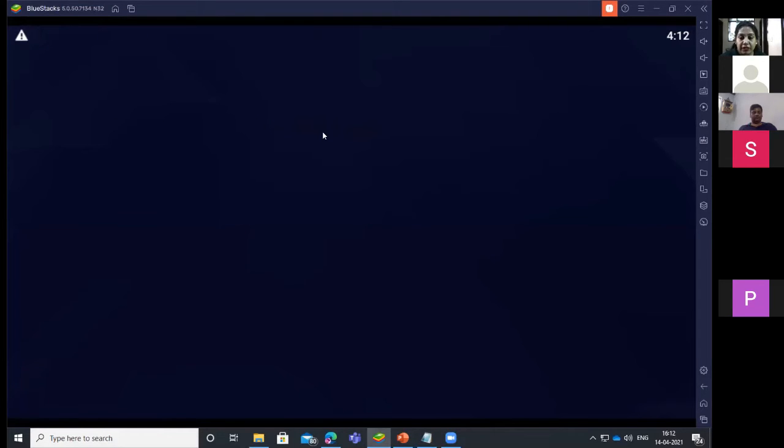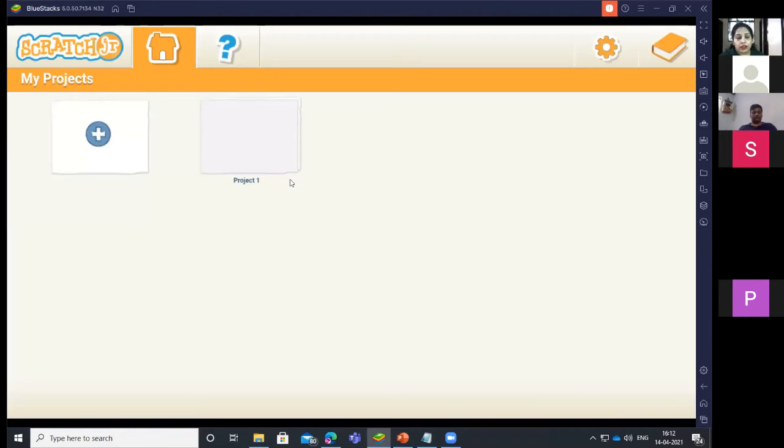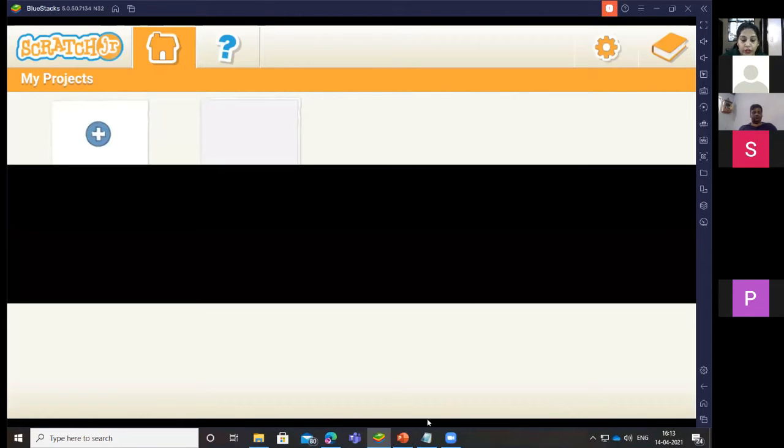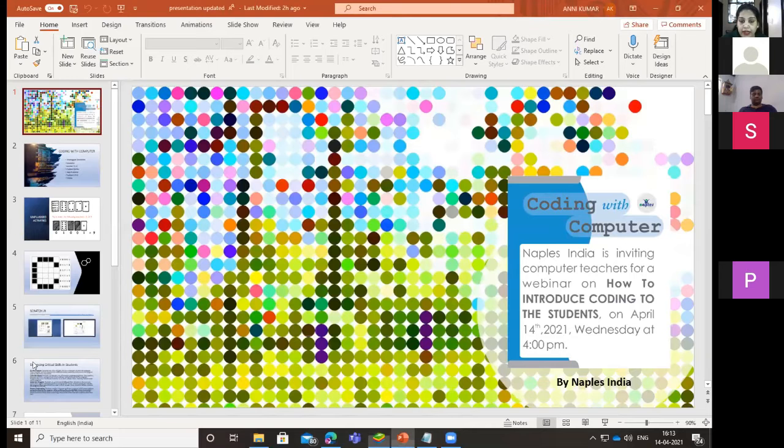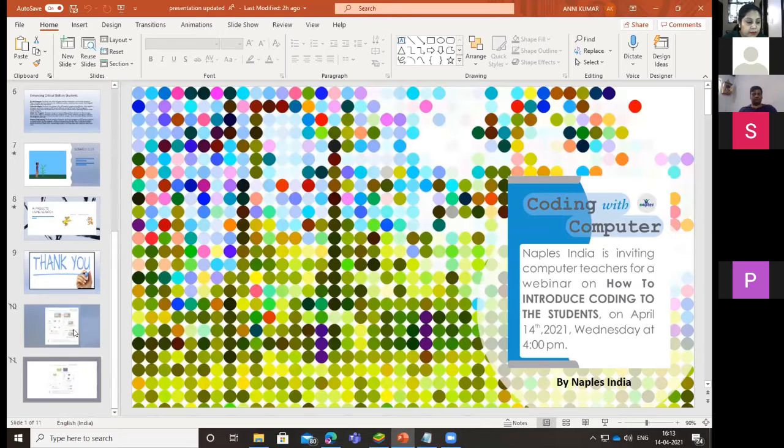This application can help you to use all the mobile applications. See, it is looking like a normal phone. I have logged in using my Gmail ID, and then installed Scratch Junior. This is the window that you will get, and I am going to open that also.